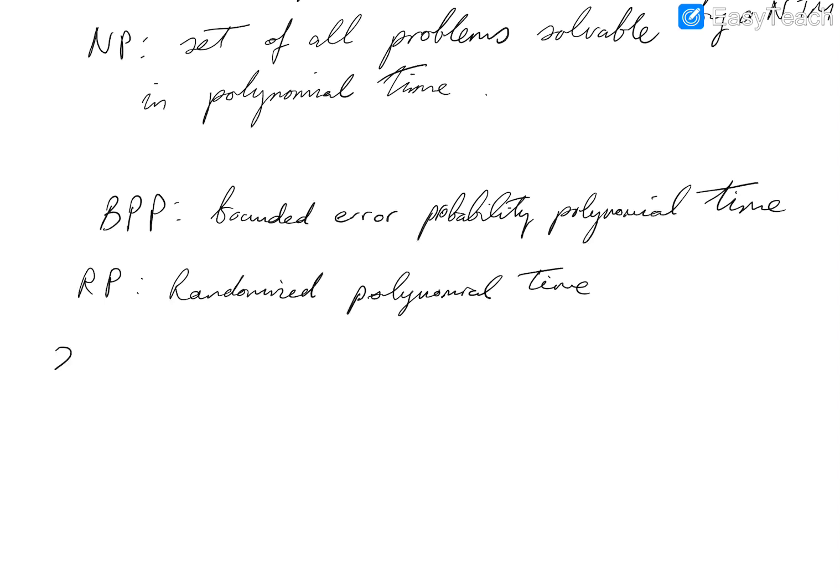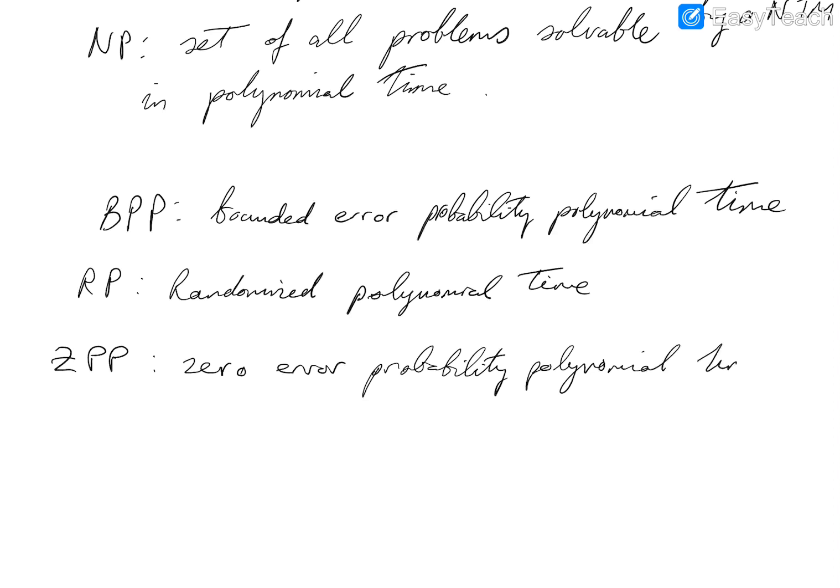Another class is called ZPP, which stands for zero error probability polynomial time. This is the class of problems that are solvable by a probabilistic Turing machine in polynomial time with zero error. Zero error means that if M is a probabilistic Turing machine that decides some language L in ZPP, and if X is an input, then